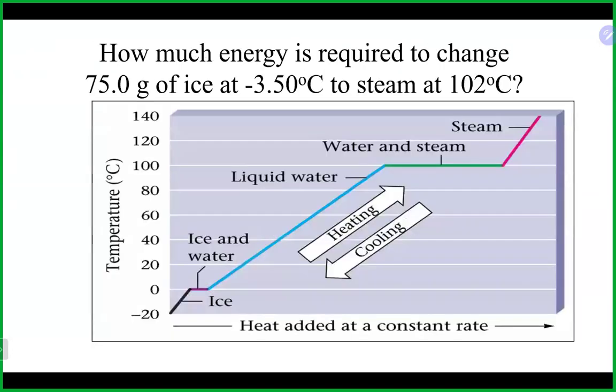Let's say, for example, that we wanted to do this problem here, which is how much energy is required to change 75 grams of ice at minus 3.5 degrees Celsius to steam at 102 degrees Celsius. Now, we can follow the steps in this sort of calculation, and it is also going to involve something that we've seen before, which is